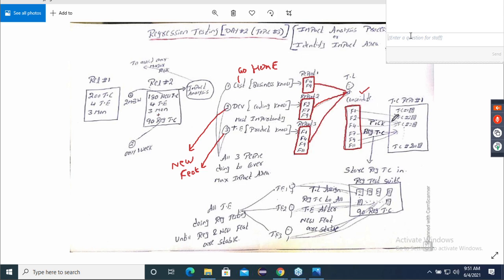Based on this report, you observe, he is going to the test case repository number 1 and is picking, oh, F1, this is a test case. F2, this is a test case. F4, this is a test case. Do you remember yesterday's class? We picked 3 regression cases based on the features. Same way, oh, this feature, okay, this test case. F9, this is a test case. F11, this is a test case. So he is picking the regression cases.